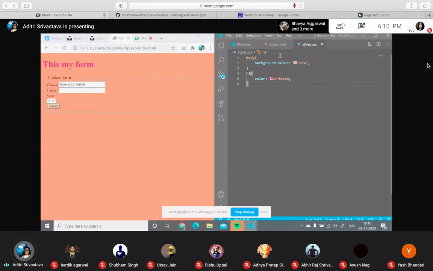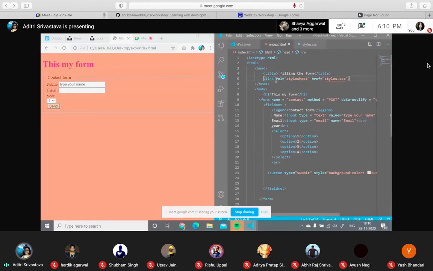We use the styles.css file, and the styles.css file has an extension of .css, like we have .html, .py for Python files. Okay, and here link rel stylesheet specifies the relation between this HTML file and the CSS file. Okay,